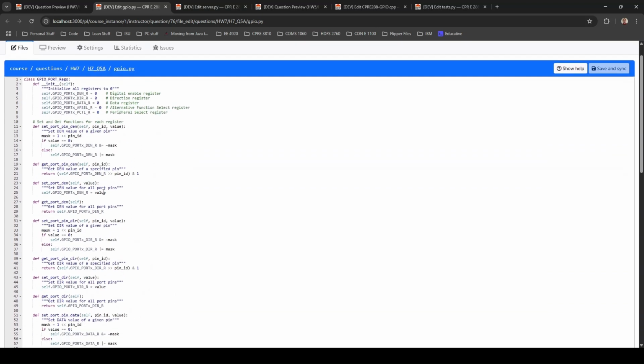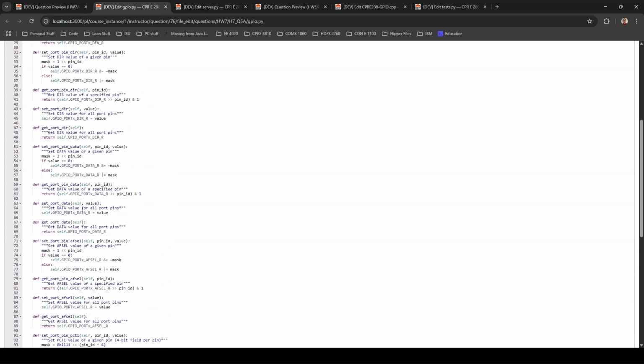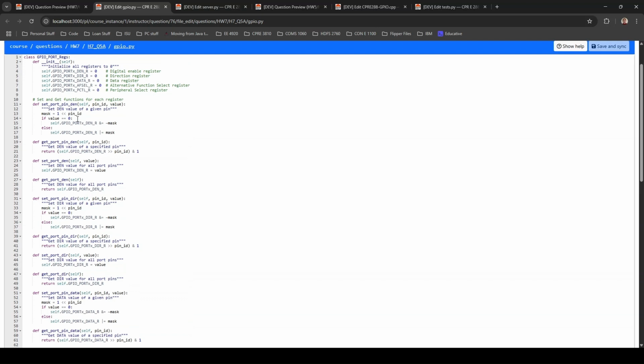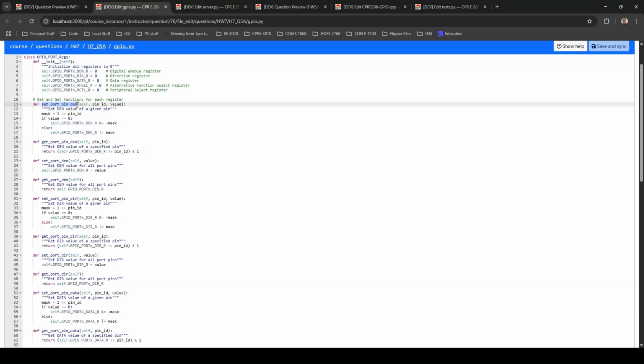Then you can utilize the GPIO port reg class, which is initialized within this class's constructor, and it uses the same kind of setter and getter functions for figuring out how you want to set things. For example, for the digital enable register, based on the pins that you want to enable, so for this function, based on the pin ID, such as enabling pin 0 or bit 0,